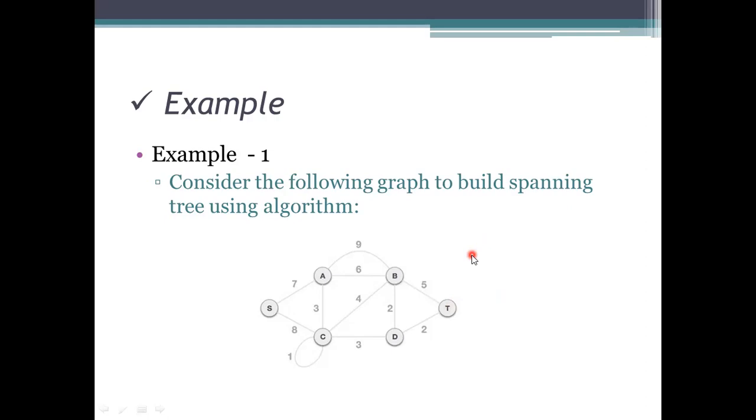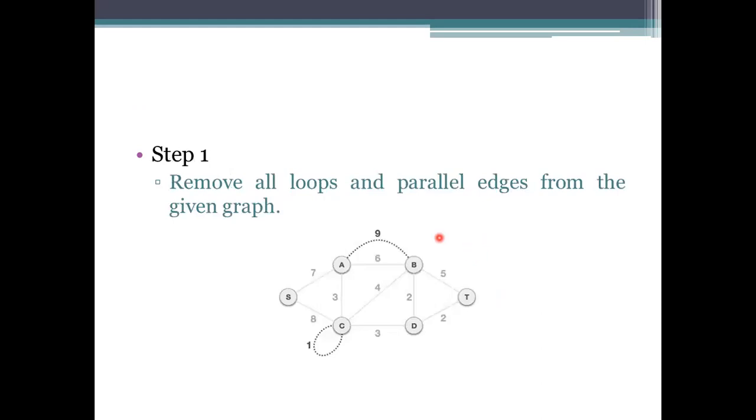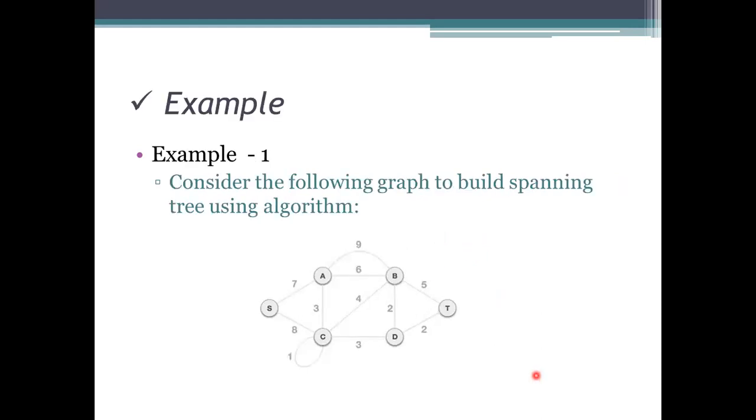Since it is an undirected graph, we are considering the data you are seeing represented here. So here we need to take these values. The parallel links and the loop are there, so we need to remove them, and then perform the first step action. The parallel links are from A to B and the next B to A. We are using A to B two links, and we are using a loop at C here.